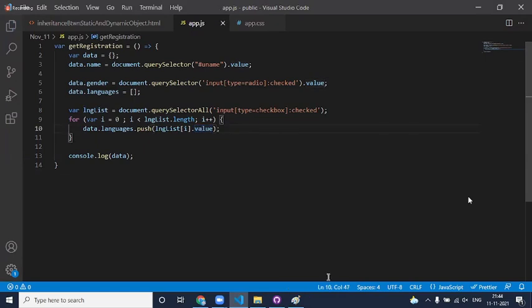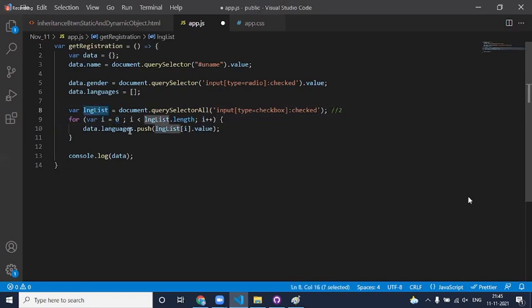Next. Sir, can you explain please line number 10, dot push, then? Okay, so what I'm doing is I am taking an empty array where I want to store the languages. Now, when I say language list, for example, I have chosen English and Telugu. Obviously here, you're going to get 2 elements. Now I'm running the loop here, i equal to 0 up to whatever list you got, dot length.